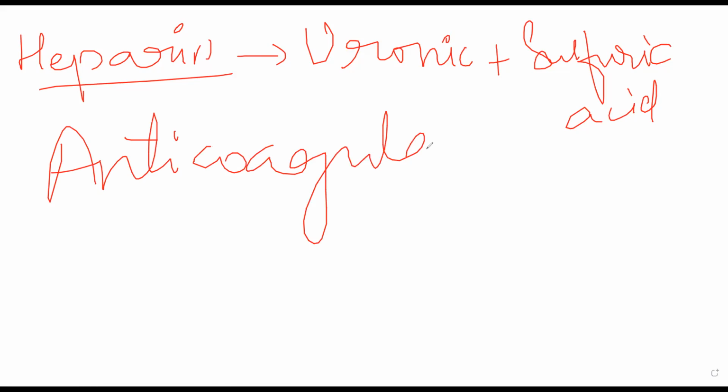Now, I'm not sure whether you have been taught the coagulation cascade till now. When you are taught blood, you will learn the coagulation cascade, what the clotting proteins are, what the process of clotting is, and how your body will naturally stop clotting when you have enough of it. But essentially heparin acts as an anticoagulant, and it is present in blood. You will find it in blood, liver, lungs, kidney, and spleen.